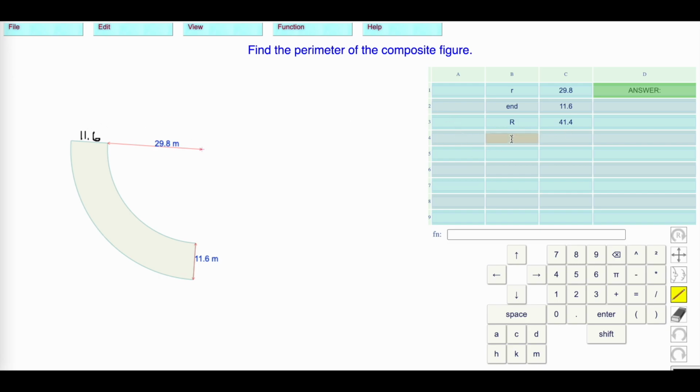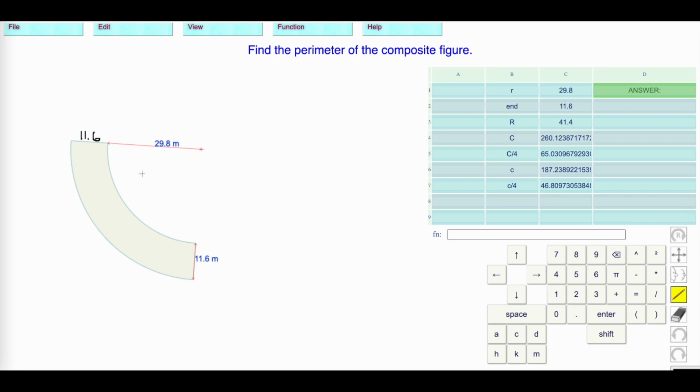I need to get the big circumference, which is 2 times pi times the big radius. We're after 1/4 of that. The big circumference divided by 4 is that divided by 4. The little circumference is 2 times pi times the little radius. We are after 1/4 of that. Little circumference divided by 4 is that number divided by 4, which is